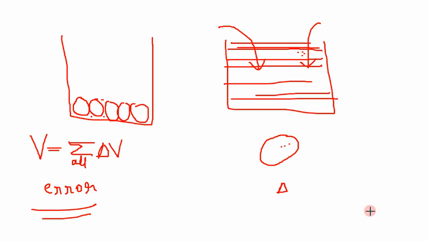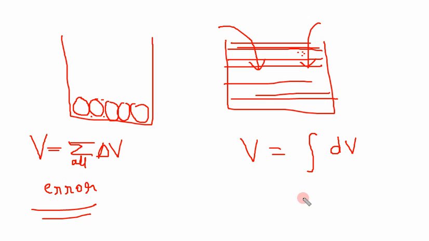Now, the volume will remain the same, but the volume of one wheat flour particle is dV, and again we do the integration over all of them, and then we will get less error or no error. Why? Because wheat flour will completely fill the volume of this container, while balls will not be able to completely fill the volume of this container. So this is the analogy for